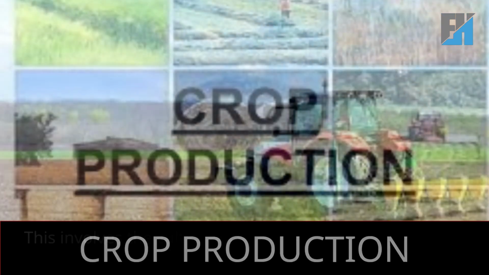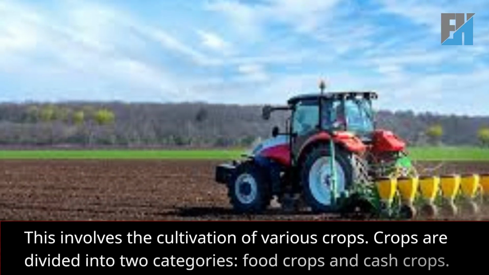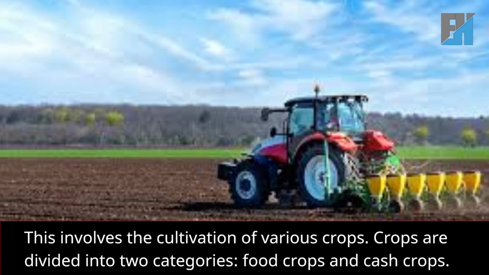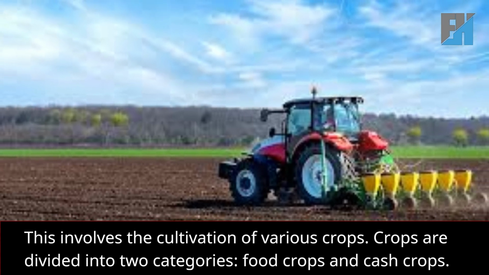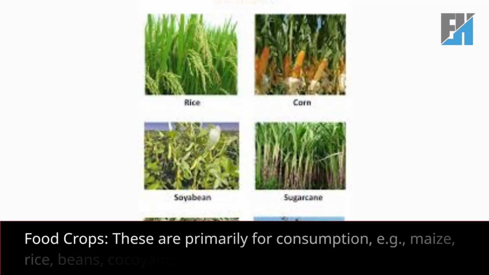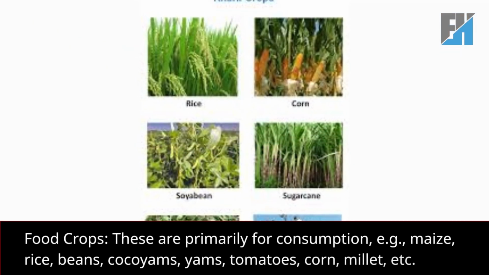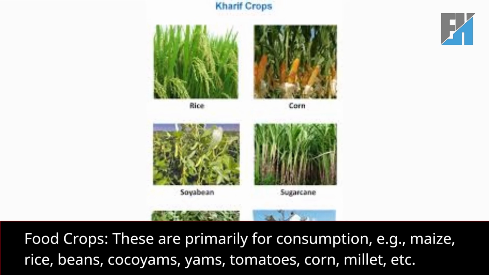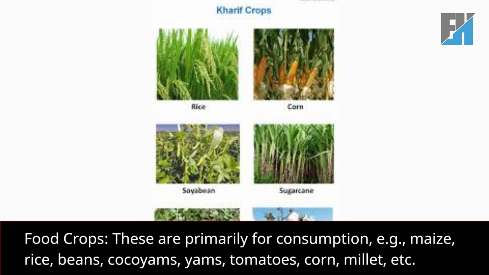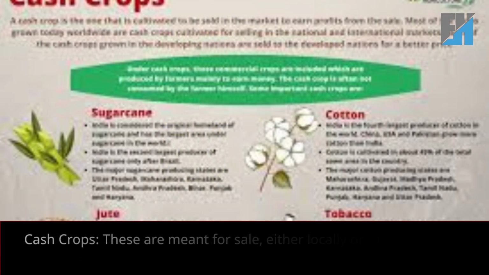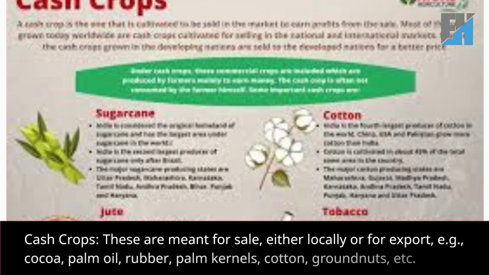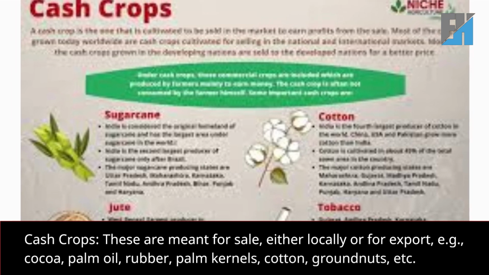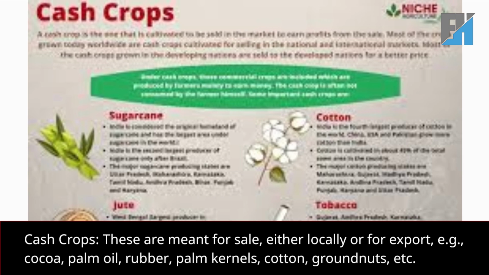Crop production. This involves the cultivation of various crops. Crops are divided into two categories: food crops and cash crops. Food crops are primarily for consumption, e.g., maize, rice, beans, cocoa yams, tomatoes, corn, millet, etc. Cash crops are meant for sale, either locally or for export, e.g., cocoa, palm oil, rubber, palm kernels, cotton,